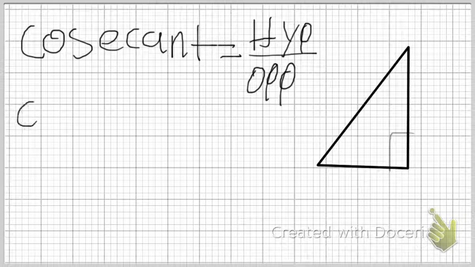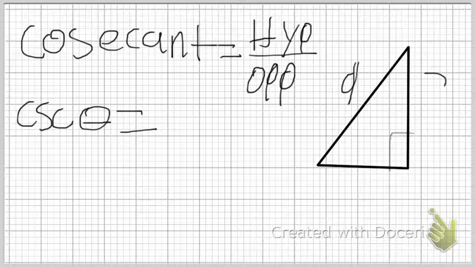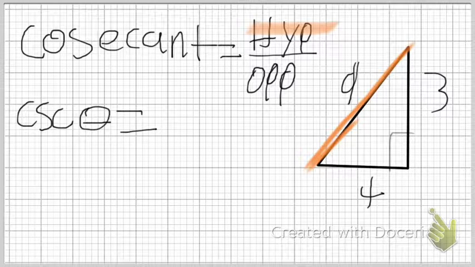So cosecant of theta will equal, so this side is 9, 3, 4. So 9 is the hypotenuse, and 4